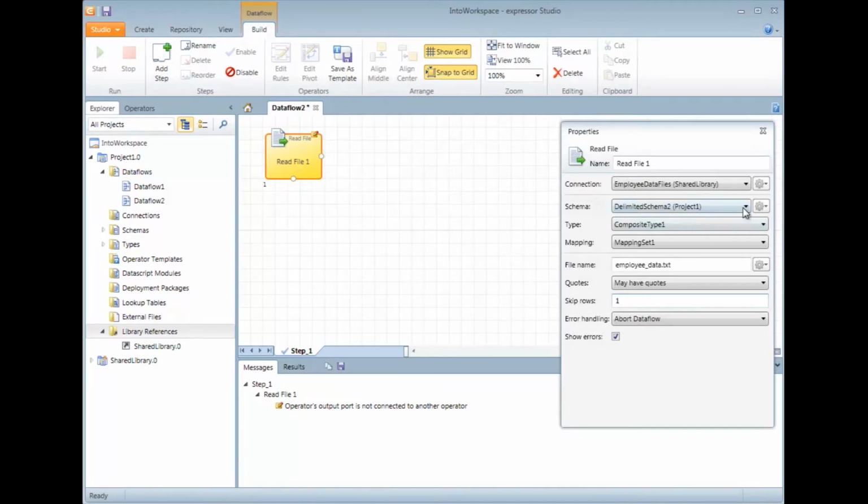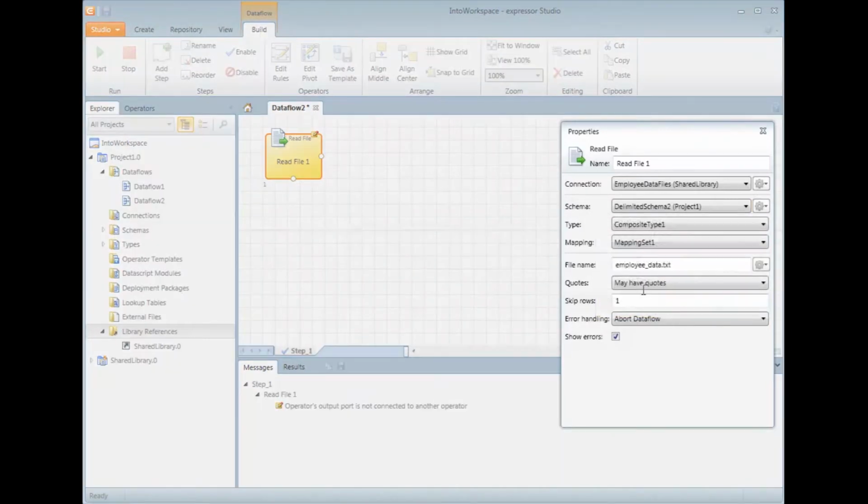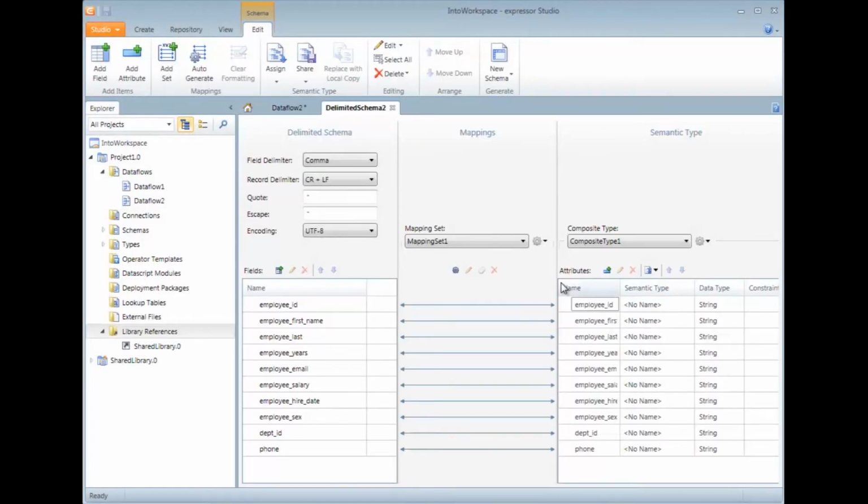Now, we have to modify this schema because we're using a delimited schema operation to read in a file. The reason we have to change this is because everything is read in as a string by default when you read in a file. So you can see through the schema editor that there aren't any data types listed here like there are inside the semantic type. The other thing to understand is inside the schema itself, you have a left and a right